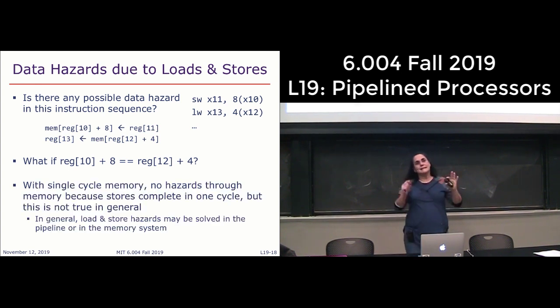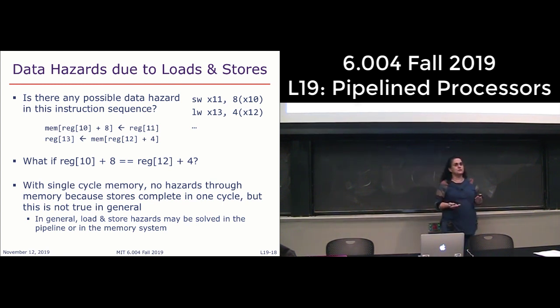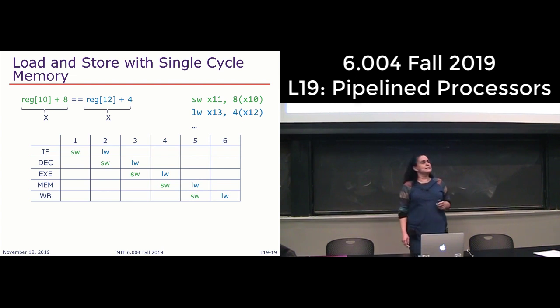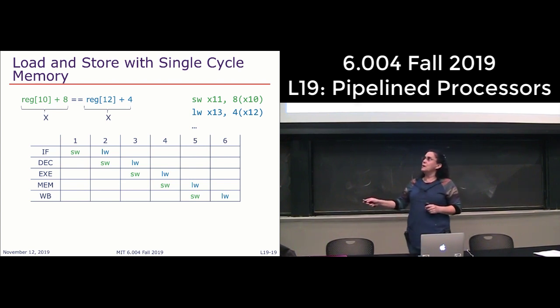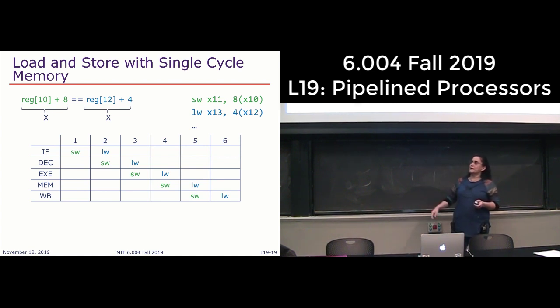But as far as today is concerned, this is not something we need to worry about, because in our single cycle machine, our memory instructions complete in one cycle. So basically, the store is going to be done in time for the load to read its new value. And on this next slide, we can actually see that in the pipeline diagram. Imagine that we have these two instructions, and both of the addresses are the same. What's going to happen is that my store progresses through my pipeline, and